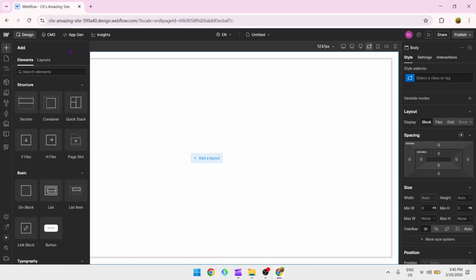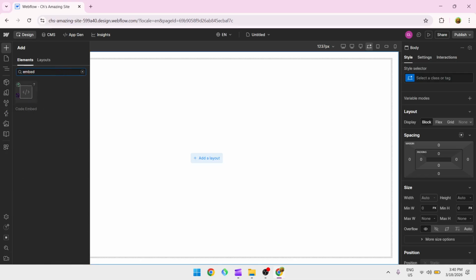And now look for the embed element. So you can simply type in embed. And here you'll see the code embed element. So here all you have to do is drag it in anywhere on your page where you want the code